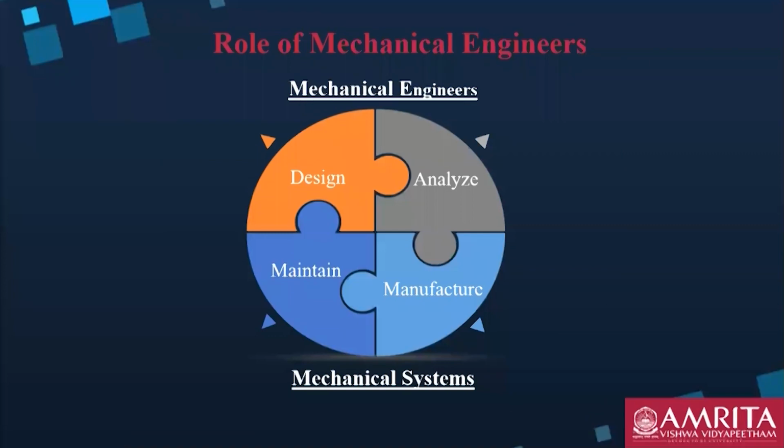Apart from this, you can specialize in multiple fields: designing, thermal engineering, fluid mechanics, automation and control. Nowadays we speak so much about automation and control, robotics, machine learning, artificial intelligence. These are the terms of the era today. Artificial intelligence is growing like anything. People are going mad to imitate human-like movement. And then there is nanotechnology.